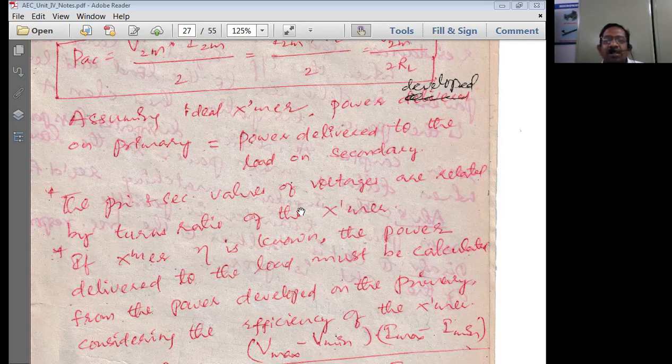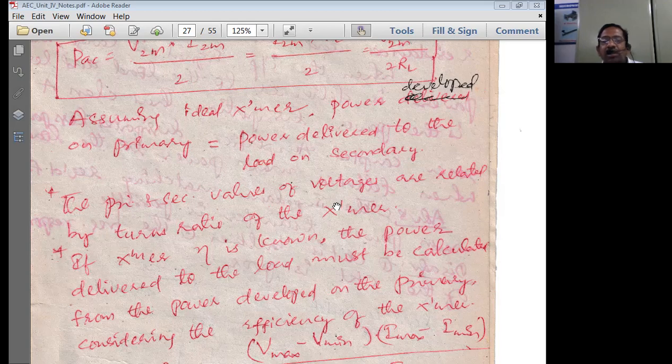Therefore, the primary and secondary values of voltage are related by the turns ratio of the transformer. See, the thing is that even though the circuit is an electronic circuit, we are using an electrical component known as a transformer, because it becomes inevitable to have a very good impedance matching. So the transformer is going to be inevitable to achieve impedance matching in the case of power transistors when you are working with audio frequency